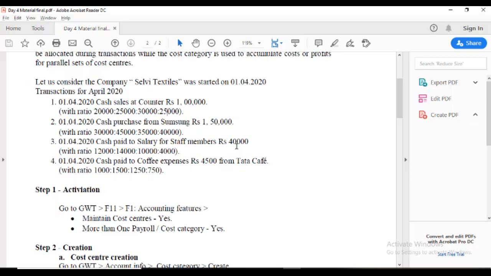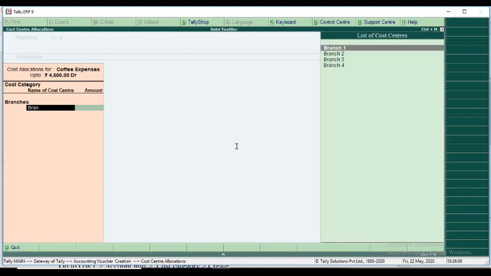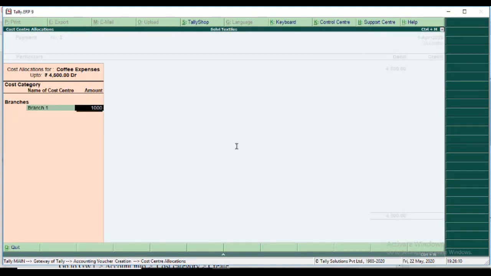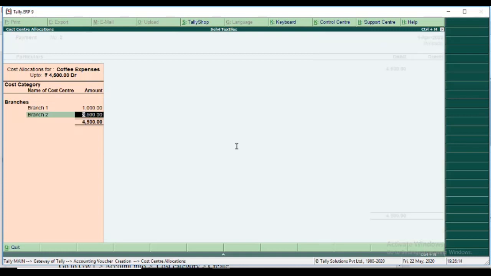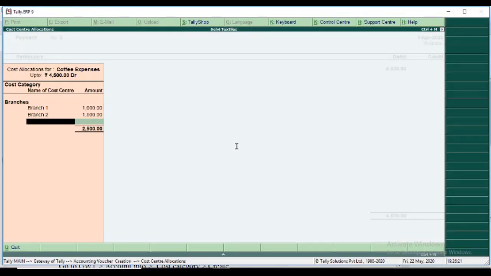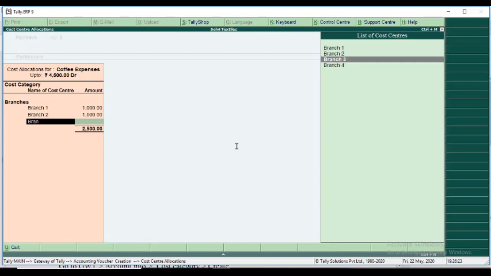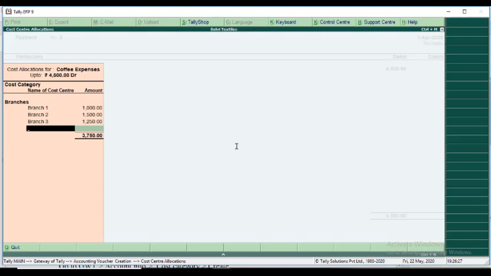The first branch has paid 1,000 rupees. Second branch has paid 1,500. Third branch 1,250. The fourth one 750.